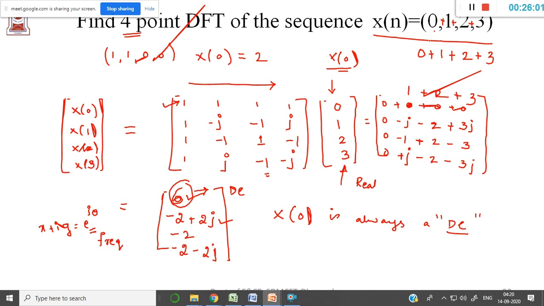This point is very, very important, you must remember. If you go wrong here itself, you will understand that somewhere else, if you get something apart from this sum, you've gone wrong in some steps. That's it. And this is always so if it is a 4-point DFT. Another important point.